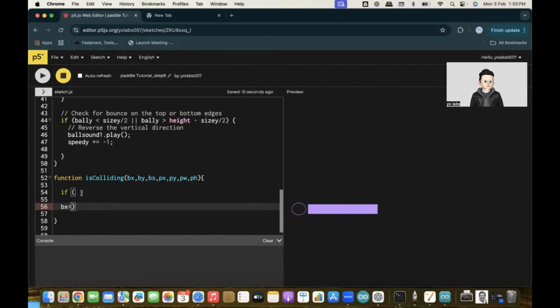So if bx is smaller than px, that ball cannot touch the paddle at all. Or, if I want to make it more accurate, otherwise Aryan and some other students will say, oh, my ball is still going a little bit inside. That is not good. So the better way is if I say bx